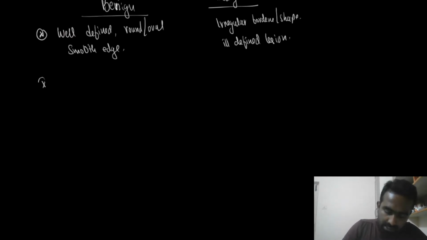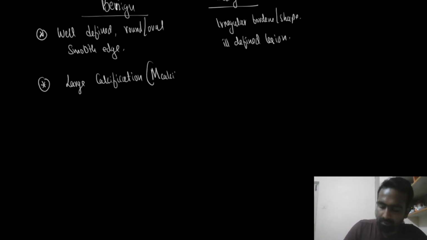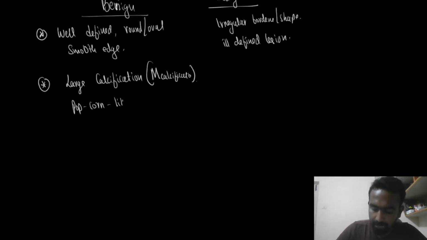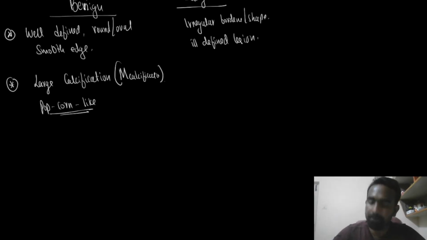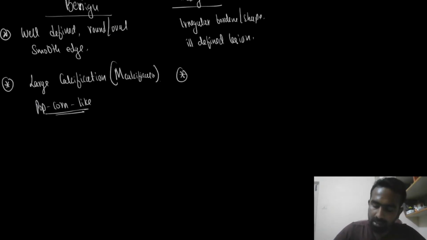If there is calcification, and those calcifications are large, also called macrocalcifications, which are bigger ones like popcorn calcifications. Where do we see popcorn calcification? Anyone? Yes. And in malignancy we see microcalcifications,